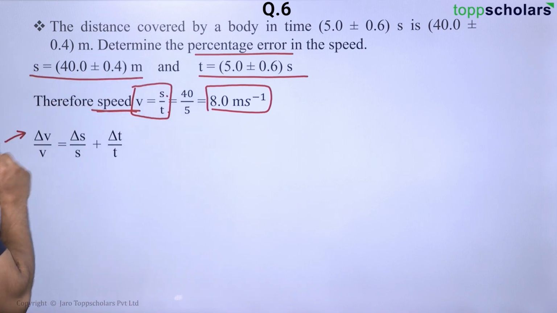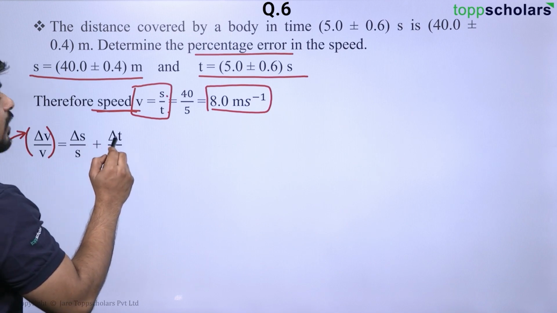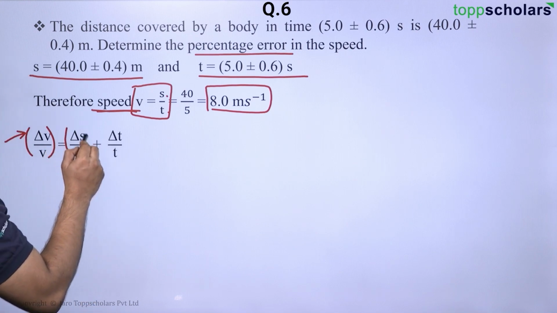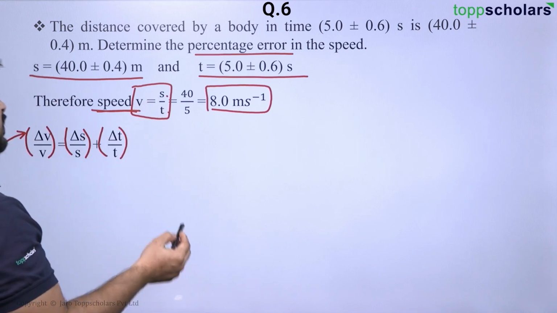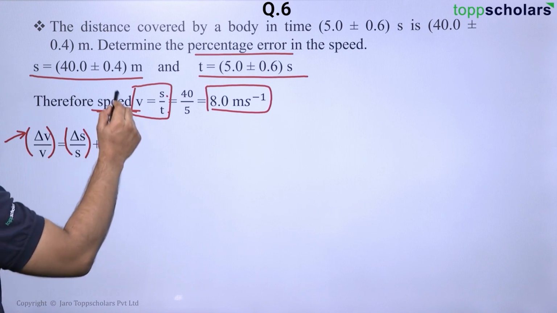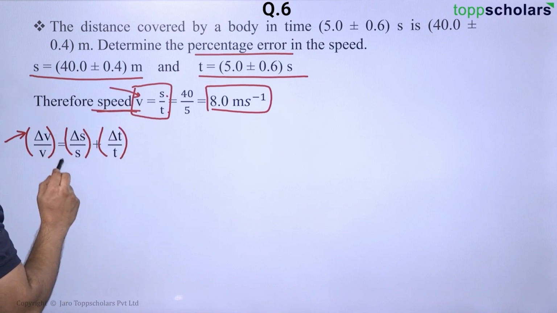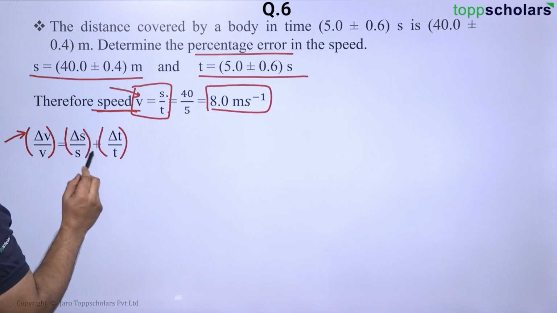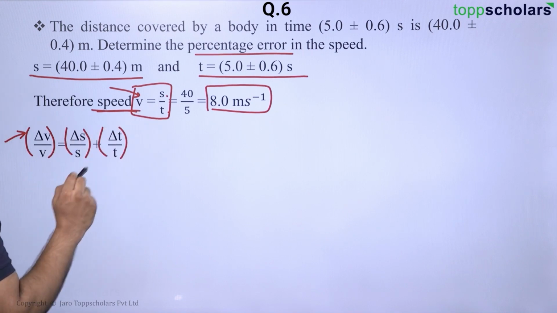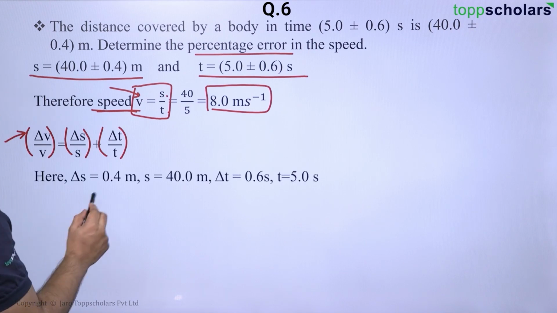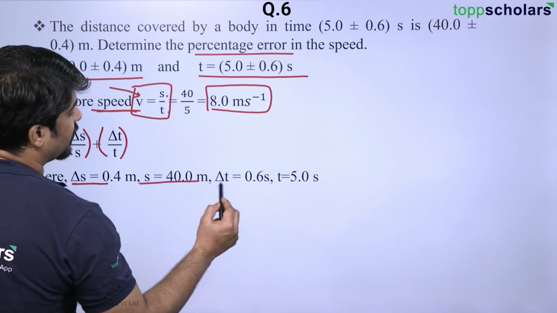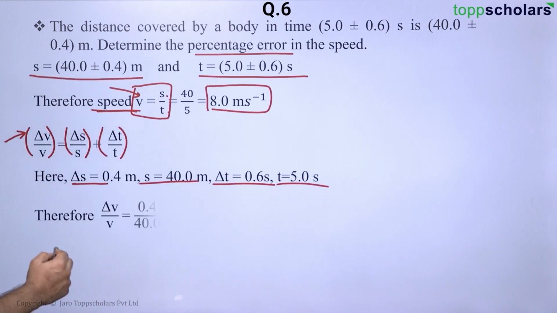that case the maximum value of relative error is delta V upon V is equal to delta S upon S plus delta T upon T. These are the relative errors. So, whenever two quantities are divided, then the maximum relative error in the answer is always the sum of the relative errors in the respective quantities. So, therefore, this is going to be the formula. Now, what we can do is we can put the numbers. Delta S is given, S is given, delta T is given, T is also given. Putting all these numbers, we get